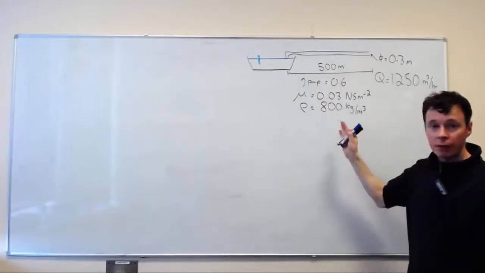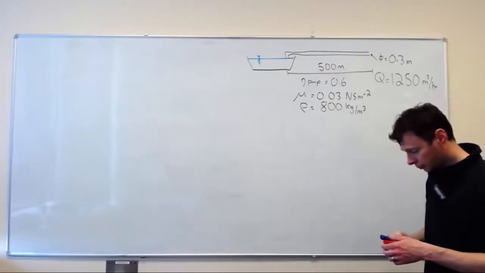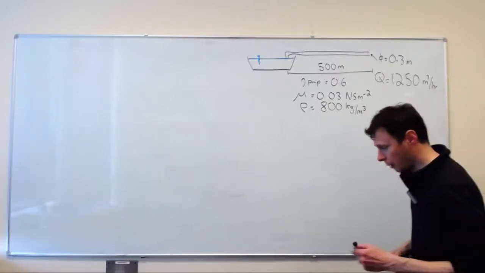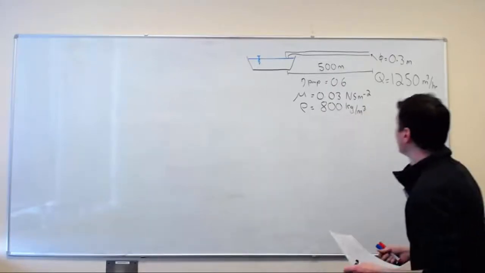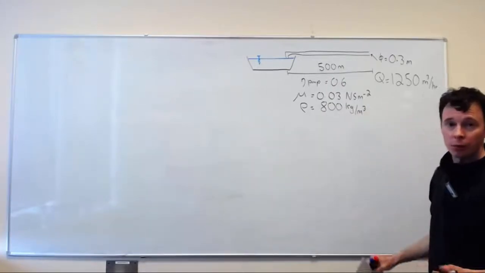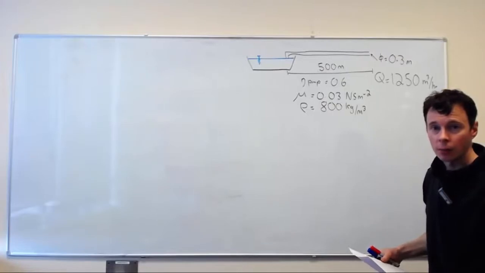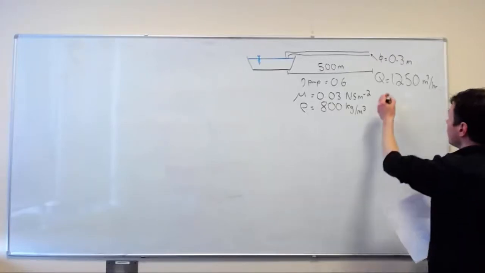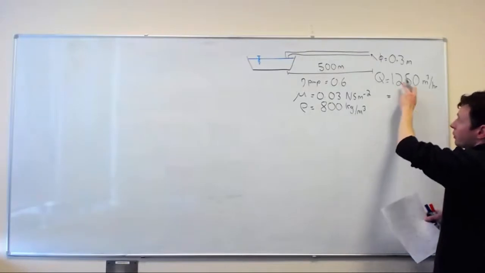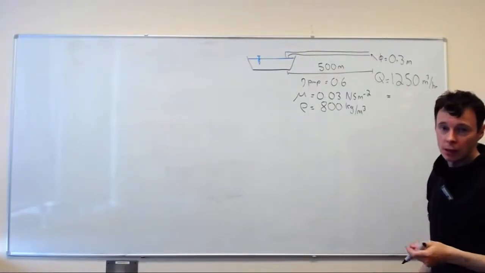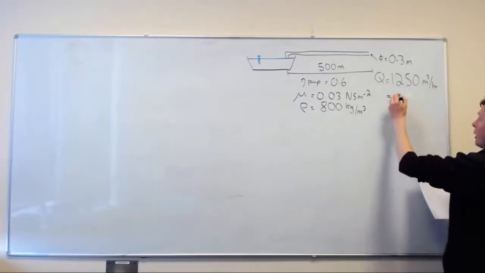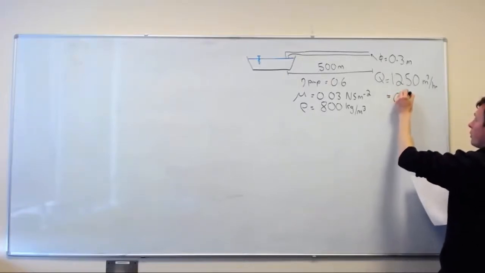I put all of the key variables that are given in the question. I'll have to refer to some notes here because there are a lot of numbers in this question. They're all fairly standard apart from Q, which is not in standard SI units, it's in meters cubed per hour. If we divide that number by 3,600 seconds, we get a value of 0.347